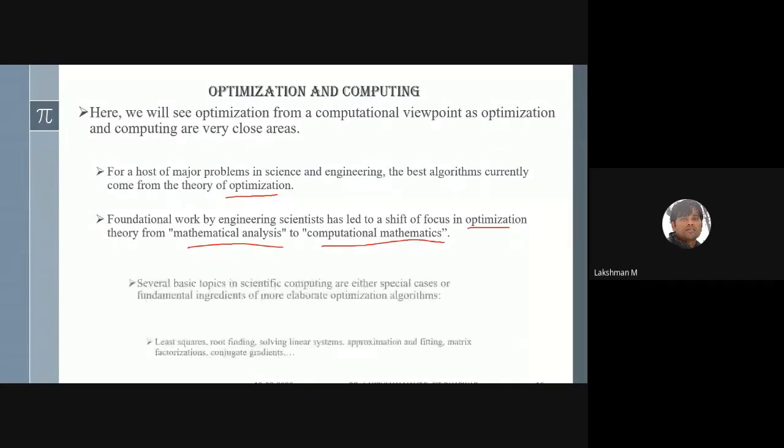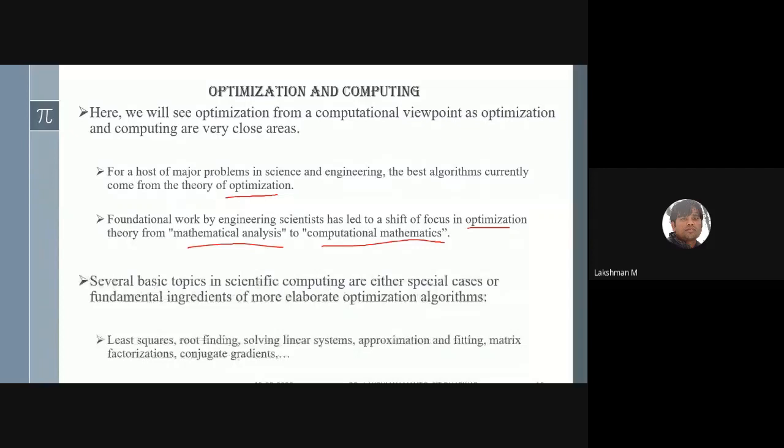Several basic topics in scientific computing are either special cases or fundamental ingredients of more elaborate optimization algorithms, such as those I have already mentioned here. You might have already seen the least squares method, root finding methods, that means Newton's method. Solving linear systems: generally it is not always possible to find an analytic solution for a bigger class of linear systems.